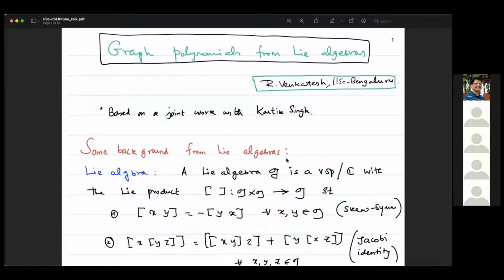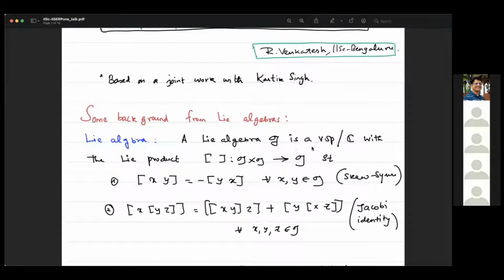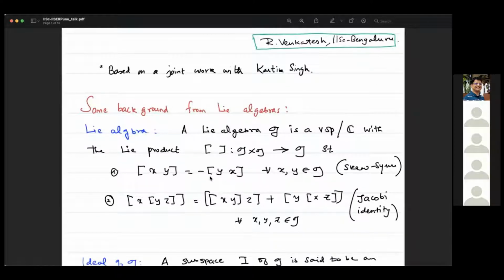So to begin with, I will just recall the definition of Lie algebra. What is a Lie algebra? It is a vector space over complex numbers which has some product, which we usually denote by this bracket, that should satisfy these two properties. One is skew symmetry: whenever you take a product xy, it should be equal to minus yx, and there